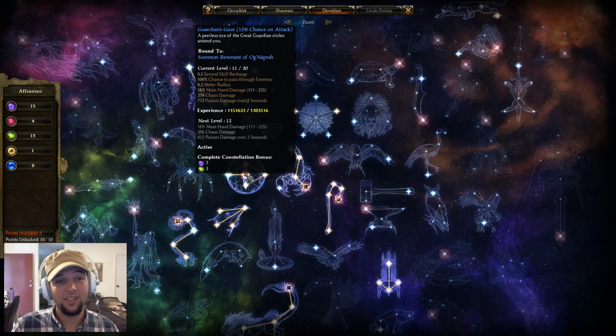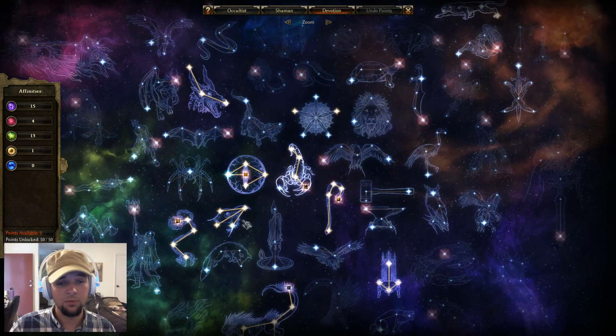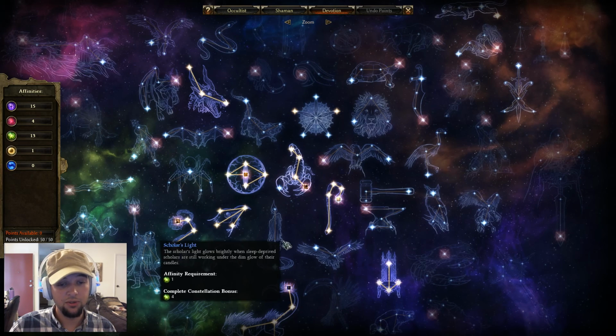Went in and took the Guardian's Gaze, and again, this one isn't a bad stat. You actually get Chaos and Poison damage AoE with this every time a pet procs this effect, and as you can see, I'm still leveling the skills up. Went in and kept the Shepherds, kept the Raven, kept Bismeal's Bonds,